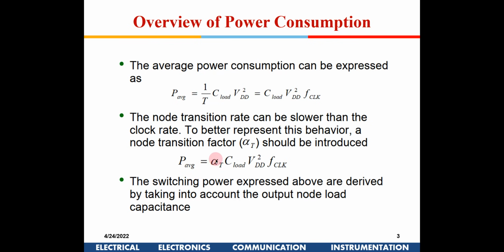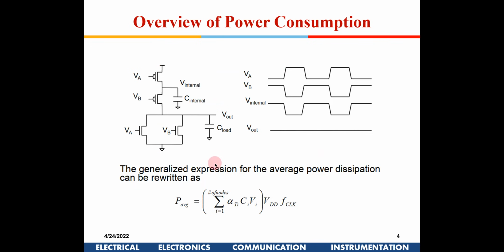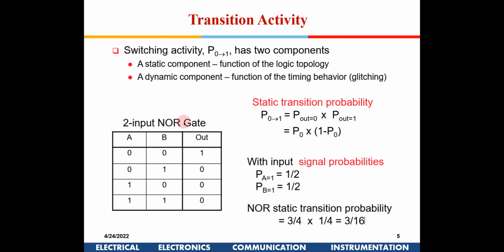Yeah, okay. Now how to compute this? How to compute alpha? Alpha is nothing but the probability of the output getting charged from 0 to 1. Now if you see a NOR gate, for 3 of the input combinations the output is 0, and only for one combination the output is going 1. So the probability of the output switching from 0 to 1 here is probability of 0 into probability of 1, right? So probability of 0 here is 3 by 4, and probability of 1 is nothing